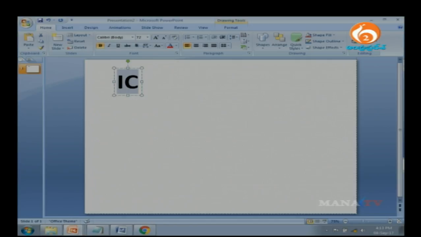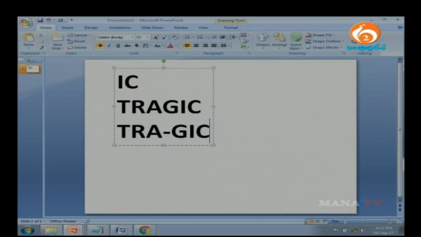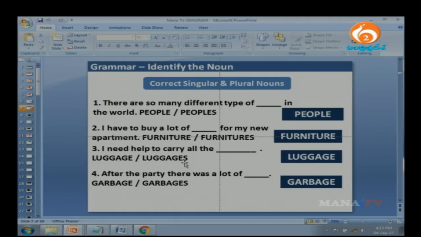All right. Now let's take at least 2 examples for each of these word endings. Say for example, I have the word tragic. Now the syllable, how many syllables do I have? Tragic, right? The rule says,